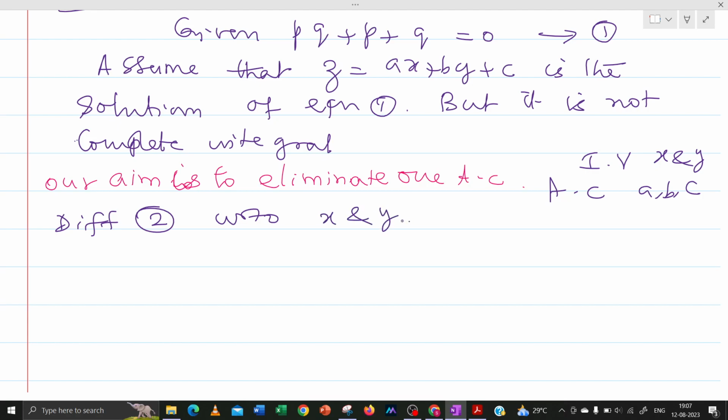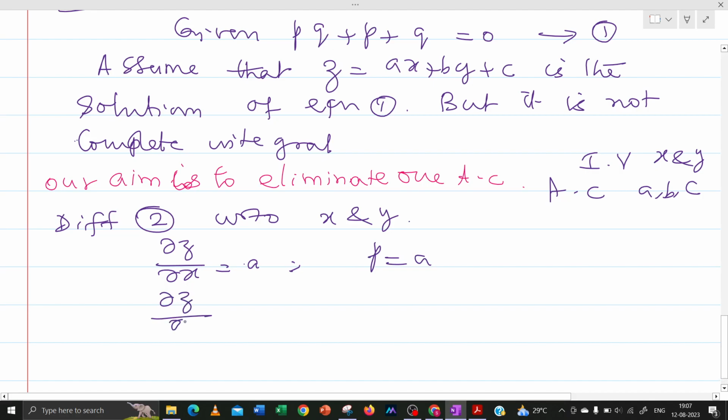X and y. We will get ∂z/∂x equal to a, and that means p equal to a. ∂z/∂y equal to p, that means q equal to b. So if you are substituting that a and b in the given equation,